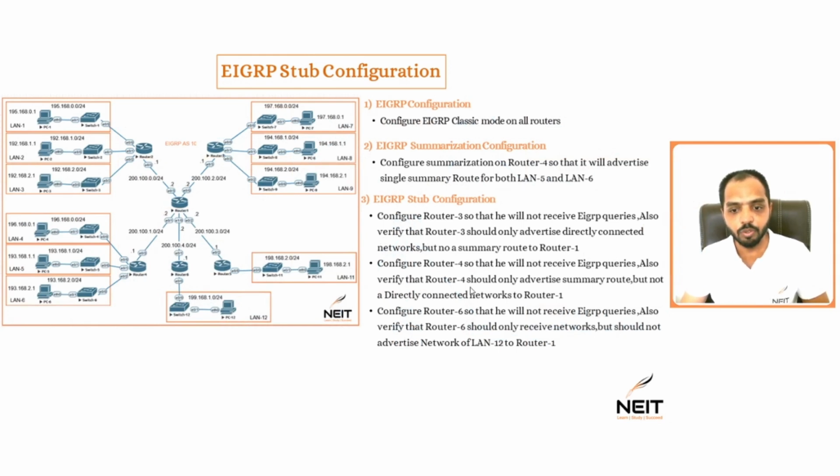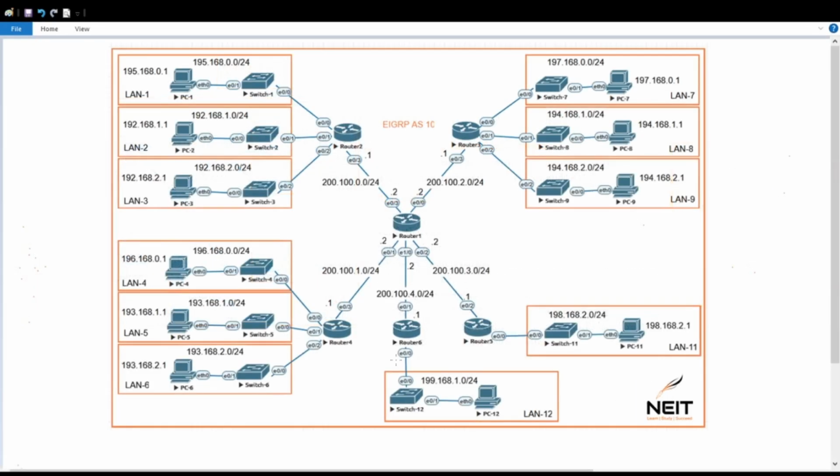After that we have to configure router 6 so that he will not receive any EIGRP queries. Also we have to verify that router 6 should only receive the network but should not advertise the network of LAN 12 towards router 1. Okay, so the task is saying that router 6 should only receive the network. He should not advertise the LAN 12 network towards router 1. So if we verify this on router 1,